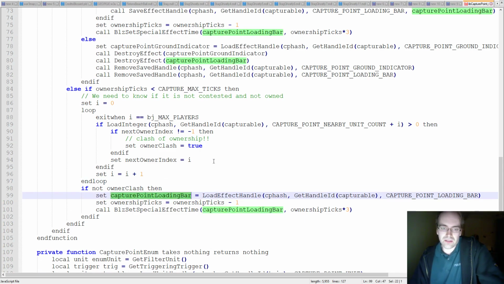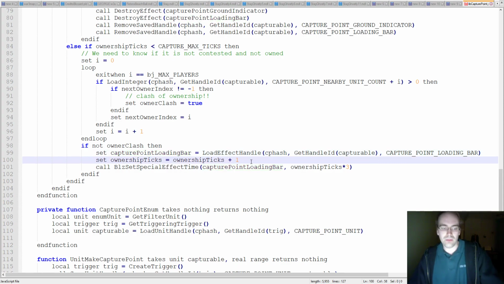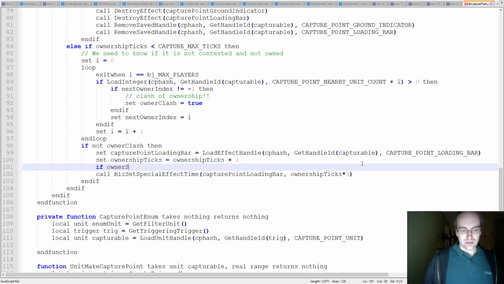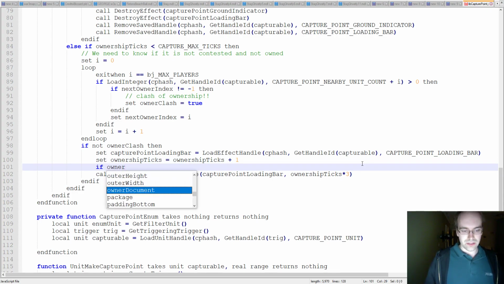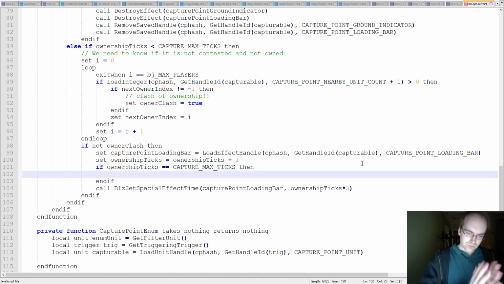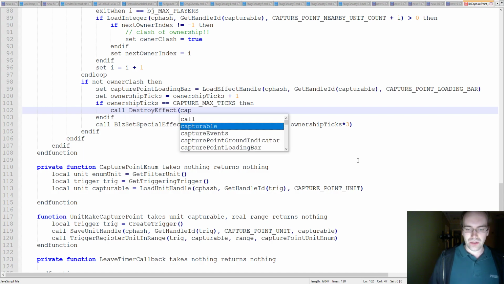Alright, capture point loading bar. So we do that, and we get the bar, and we tick up by 1, not down by 1, because there's no clash. No one's contesting us, and we own it. So we're ticking up, and then we're going to make sure our load bar renders that. And here we want to say ownership ticks equals capture max ticks. Then, if we max the number of ticks that we have, then we're going to say destroy effect, capture point loading bar,